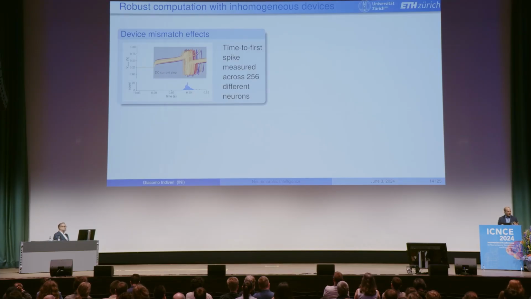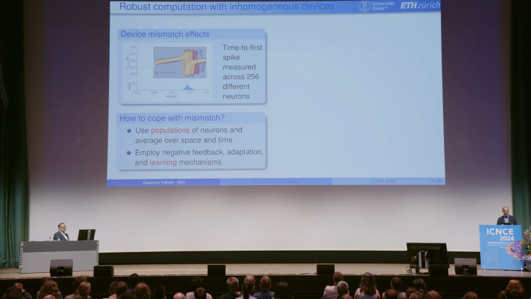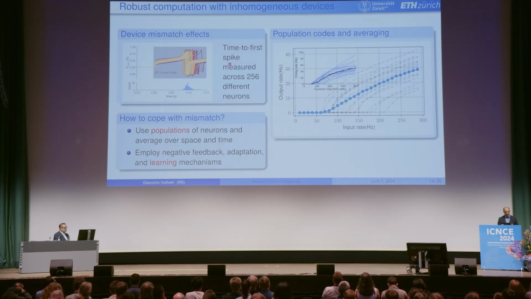Well, the first thing that comes to mind is to use averages. If you just use the law of large numbers and pure statistics, if you just average over n neurons, you can reduce the sigma by the square root of n. So that's one very, very simple trick that can be done. Can we quantify how much we can do that? I will show you. But also there are theoretical and computational neuroscience models that show that if you combine excitatory and inhibitory neurons, and combine the nonlinear properties of these synapses and neurons together, you can actually go beyond the square root. You can reduce the sigma by a factor of n, which is much more powerful. So this is just to show you another measurement of average activity from these 256 neurons.